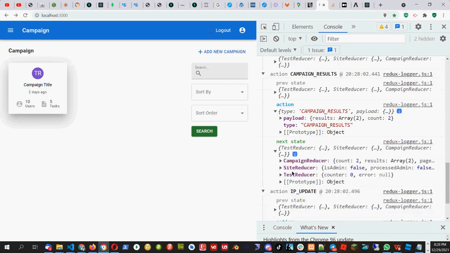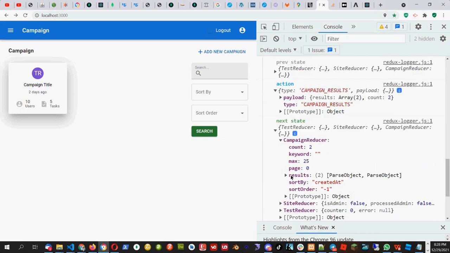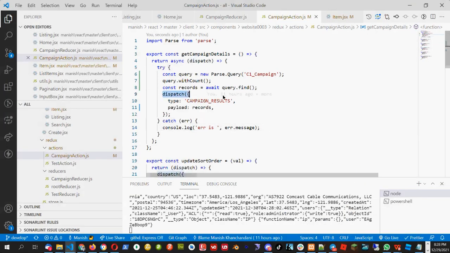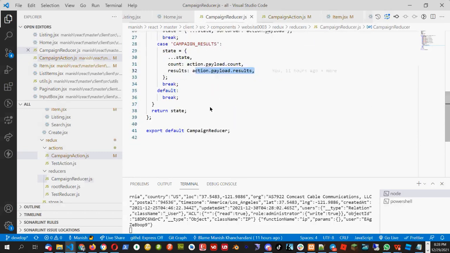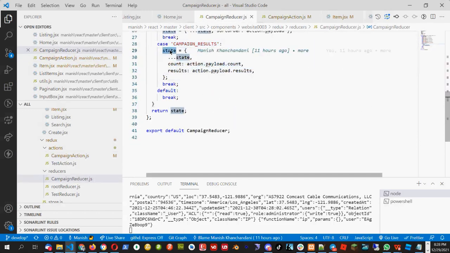And when I see in the campaign reducer, I have the results and I also see the count, so both things I can see. Now we have to display from this reducer. This will be saved in the state variable in Redux, because when I dispatch this, it will go to the reducer, and after the reducer, it will save this information in the state.